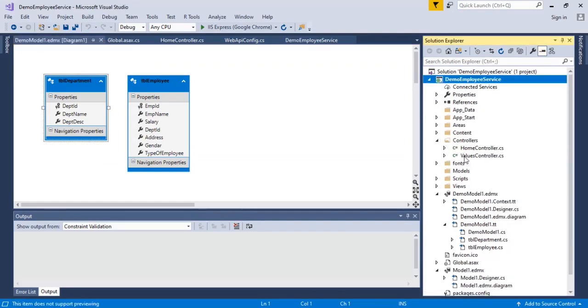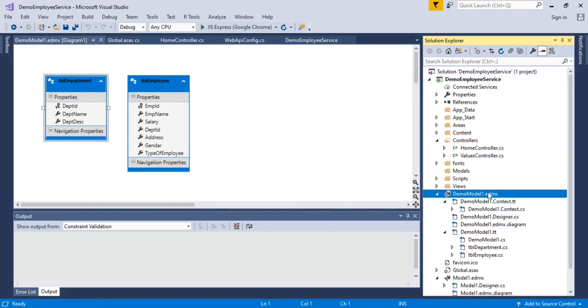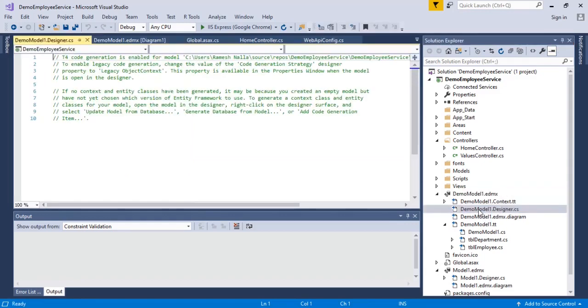See, I have given the name demo model dot edmx to this file. Basically the entity data model we call as an edmx file. This is also important, guys. You can google about edmx, how to create an edmx file. I have just created this edmx file.